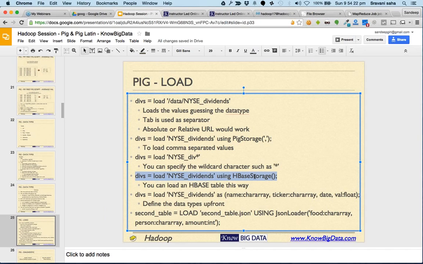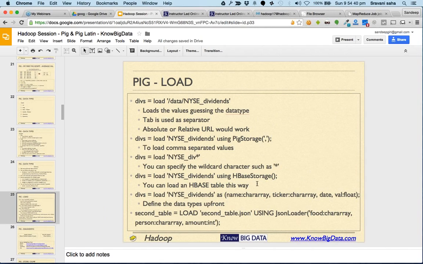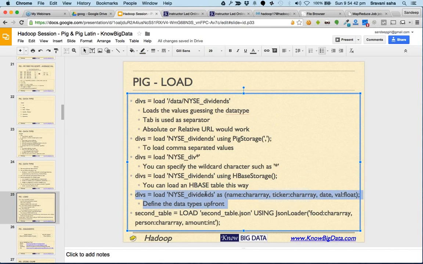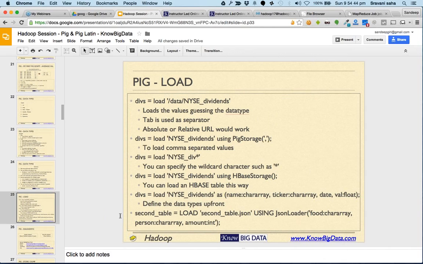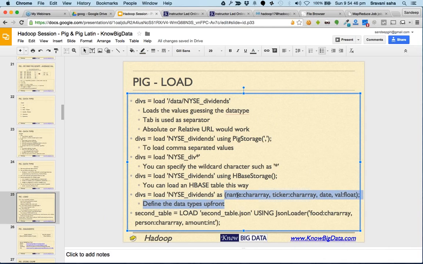Whenever you run any group by or anything, the MapReduce will run on HBase. HBase is a database on Hadoop, basically, for massive scale. We will cover HBase also. Now the next thing is we can load the data by providing the column names and defining